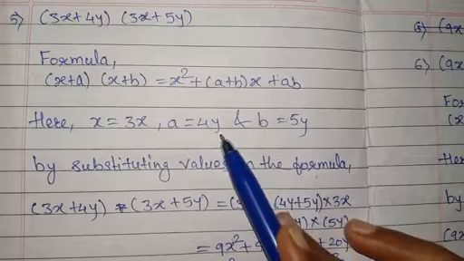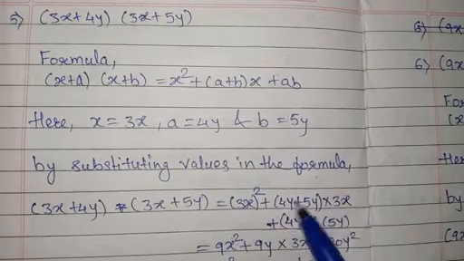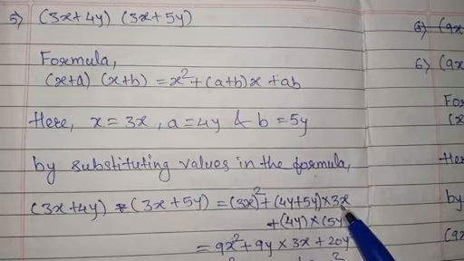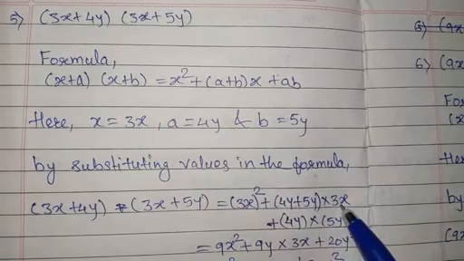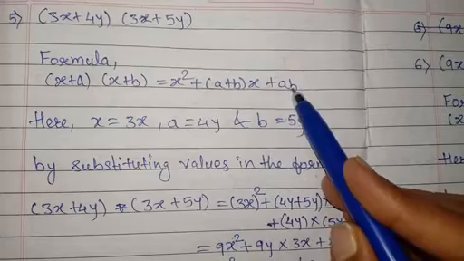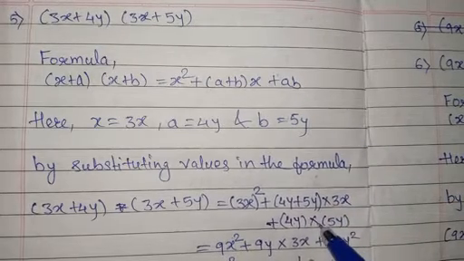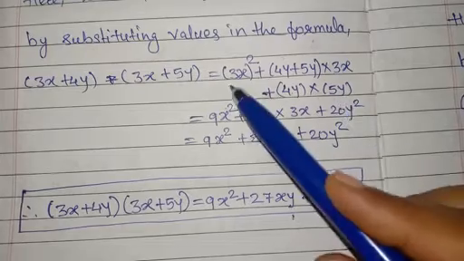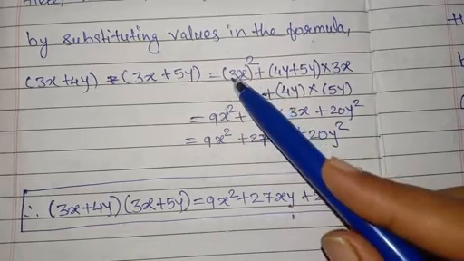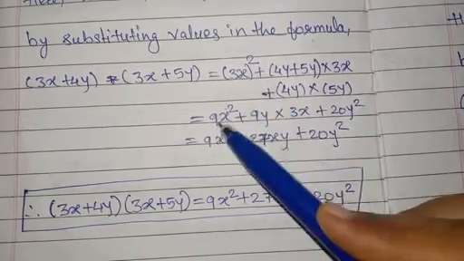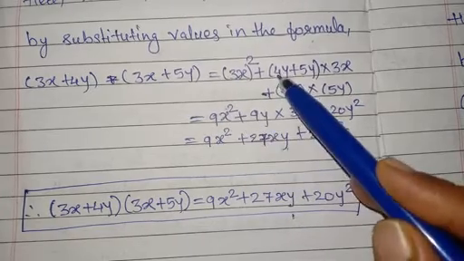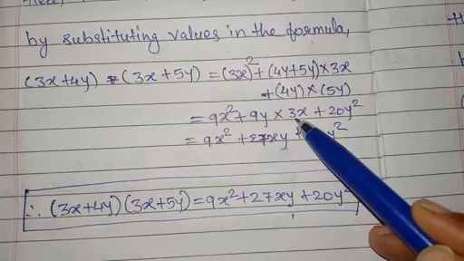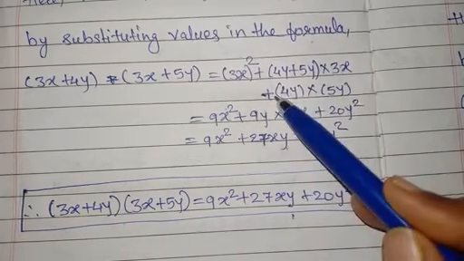A is what? 4y and b is what? 5y. So a plus b into x is there, no? So x is what? 3x here, right? Understood? Plus ab. A is what? 4y into b is 5y. Got it? Okay. So we'll solve in next step, that is 3 square 9. So 9x square plus 4 plus 5, 9y into this 3x as it is we'll write here plus 4 5s